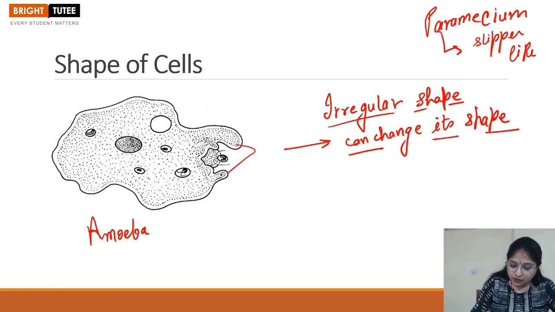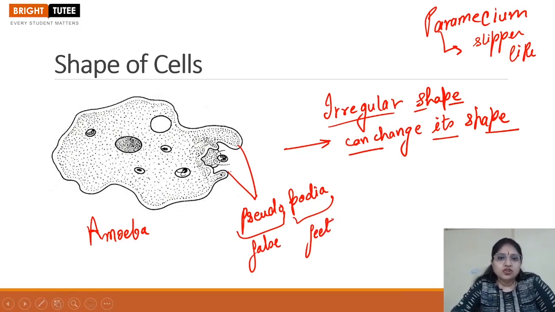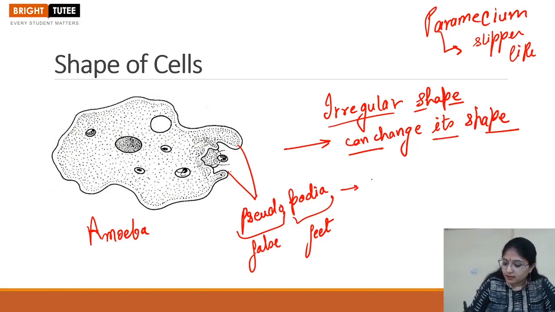Now these projections which you are able to see are called the pseudopodia, right? The name pseudopodia means false feet. So pseudo means false and podia means feet. So pseudopodia are finger-like projections which emerge from the body of the amoeba for two purposes. First purpose is for movement, that is locomotion from one place to the other, and the other purpose is